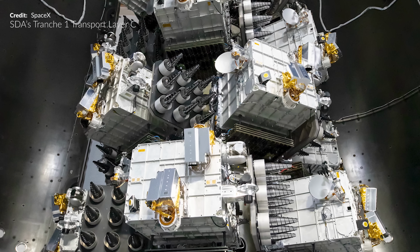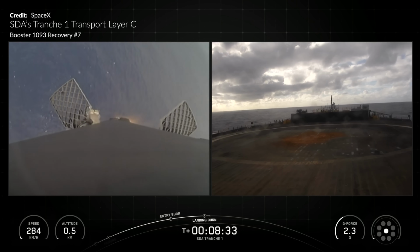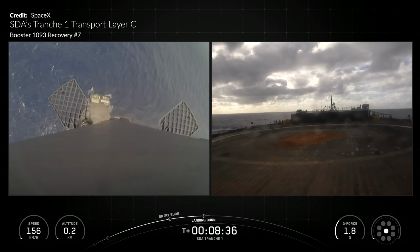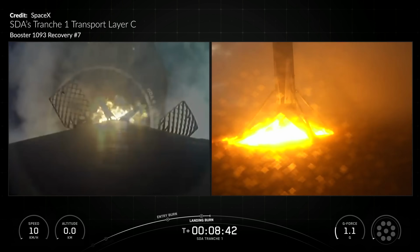What I thought was quite odd was, after stage separation there were no views from the second stage. Normally, I would say that this is due to the nature of secretive missions, but ironically, SpaceX shared this high-resolution image of all the 21 payload satellites beforehand. These join the Tranche 1 transport layer constellation. Of course, I Still Love You was the drone ship waiting by, and that left us with just one more for the week,